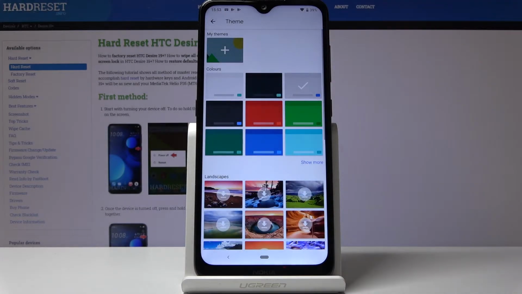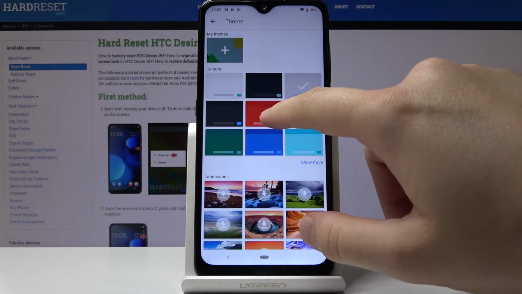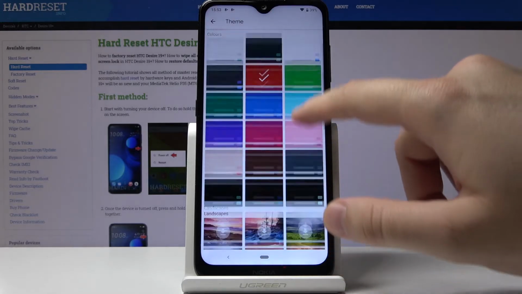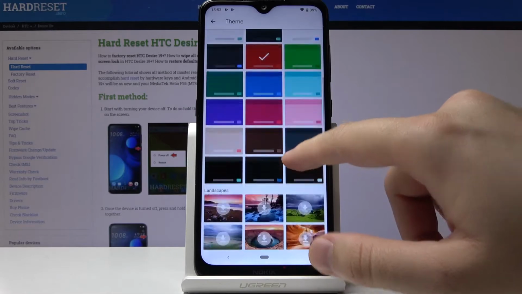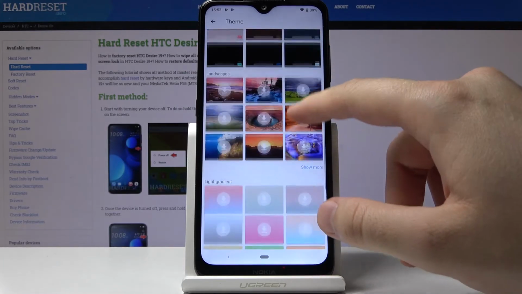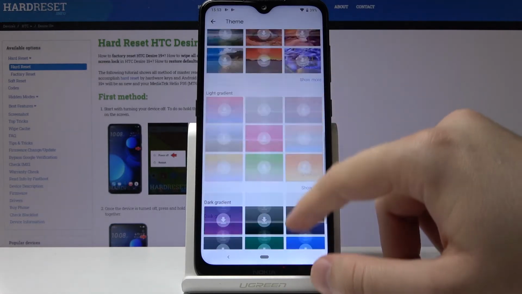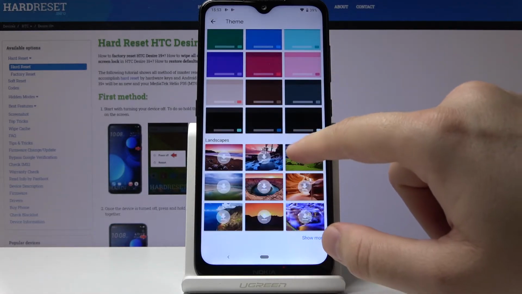So as you can see, you can choose red. Also we can click on Show more. And as you can see, there's pink color, brown, black, but also there are landscapes, light gradient, dark gradient. So we can try this one,